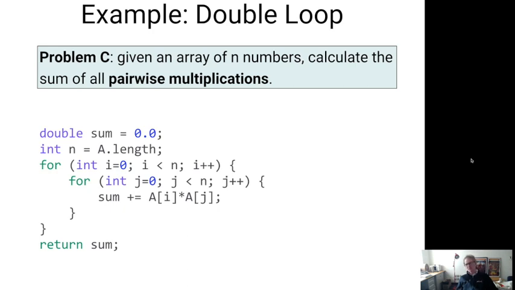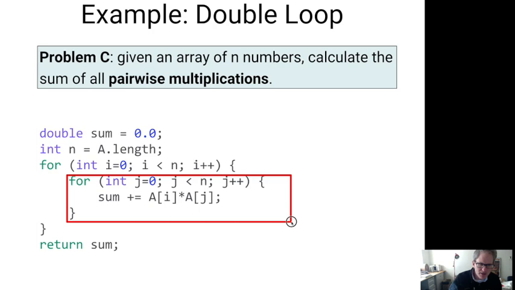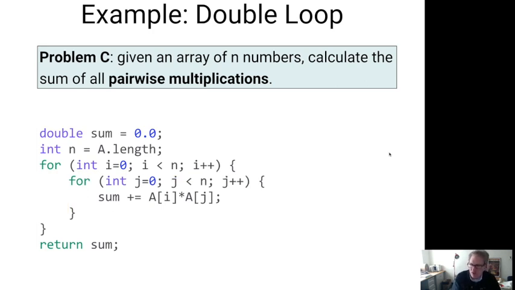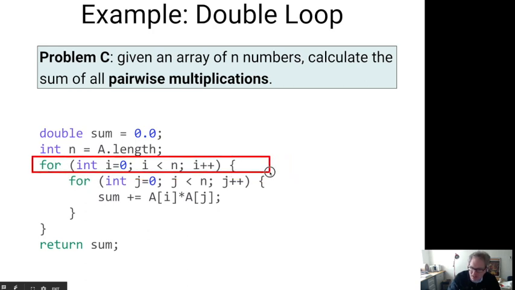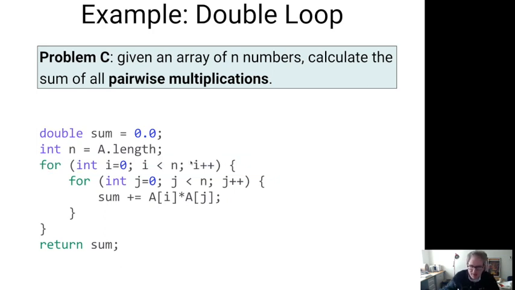You can look at this and say, well, how many sum operations am I going to do on the inside of this loop? So if you look at this inner loop here, let's just start with that. So this for j equals 0, j is less than n, j plus plus. If n is, say, 10, you can think about it in terms of concrete numbers and then make them bigger. So if n is 10, this inner loop runs 10 times, but it runs 10 times for every time this loop runs. So if n is 10, so the length of our array is 10, this